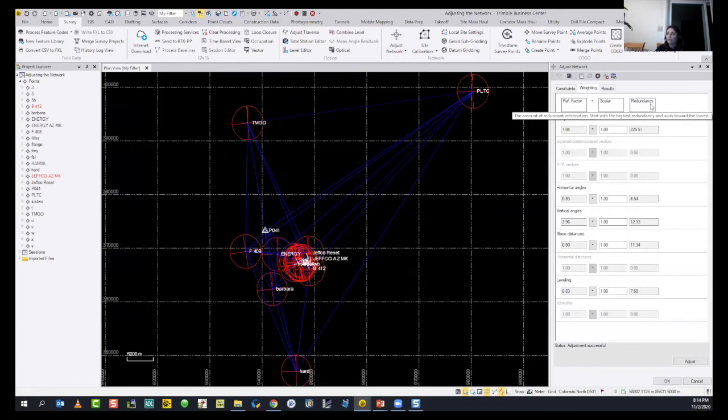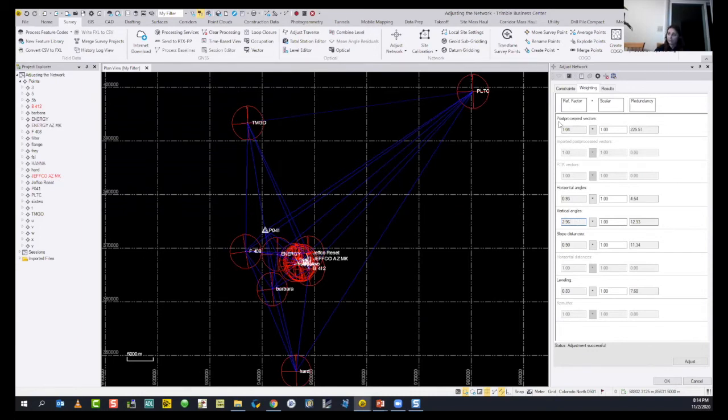To have a better redundancy, we need to do something on the reference factor. So in here, you will see the vertical angles. The reference factor of vertical angles is a little high. And our goal is setting the reference factor between 0.95 to 1.05.